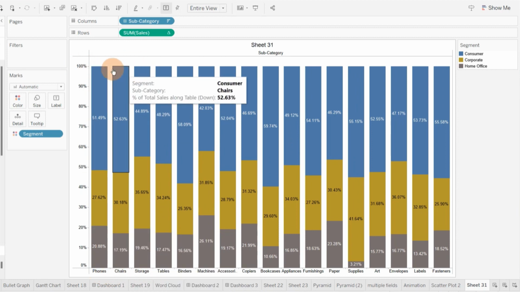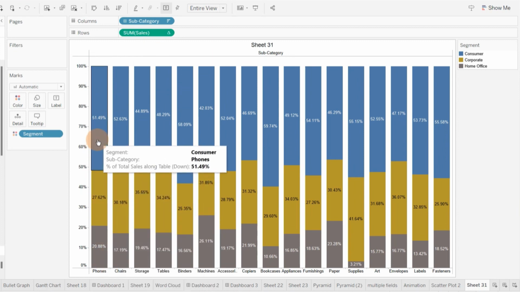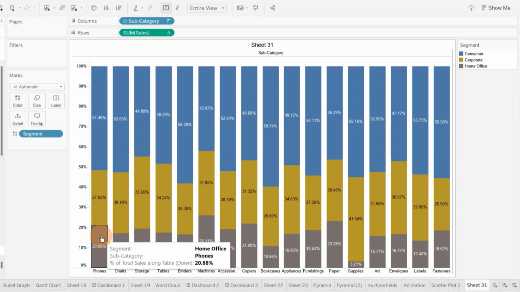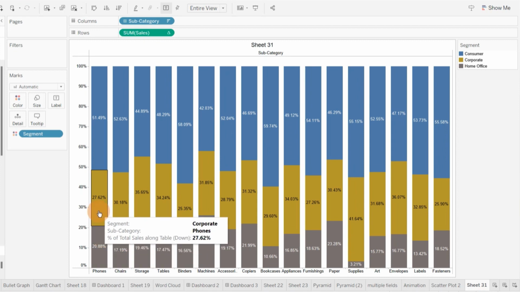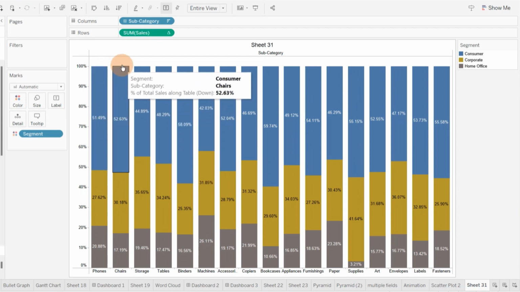In that 100% bar, I can see the percentage contribution of these segments. For example, in this phone subcategory, that is a 100% bar of phone, I am able to see that 20% contribution is from home office, 27% is from corporate, and 51%, the largest portion, is from the consumer segment.